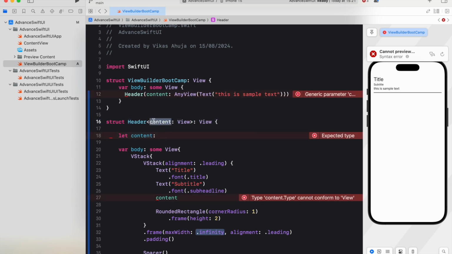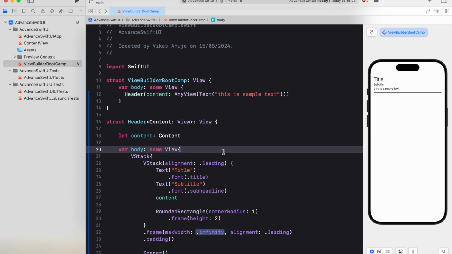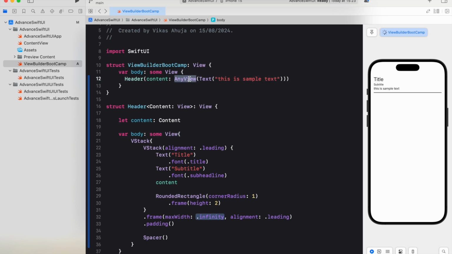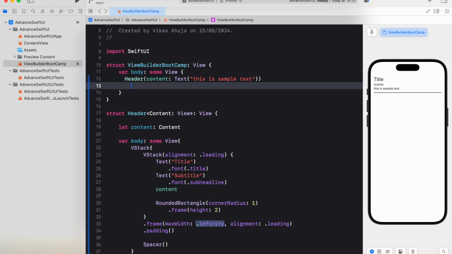So let's give this a type. Now instead of this any view, we can pass the type of the view. So see, now this is working fine. So let's try to pass, instead of the text, we can pass here